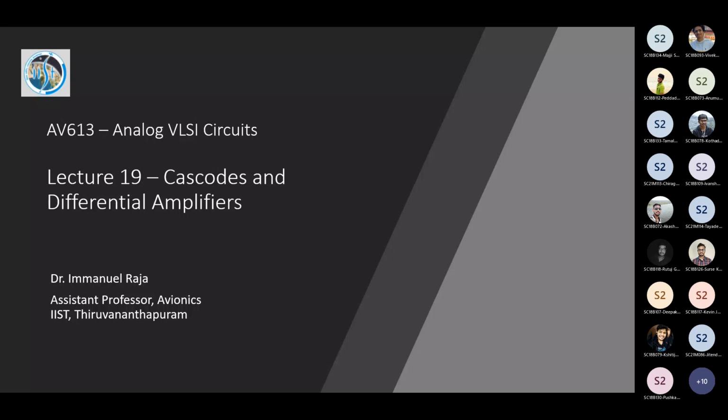Now in today's class, we will look at a couple of cascode architectures, and you will see that there is a lot of similarity in things that we have already seen. For example, a cascode amplifier will be quite similar. Some of the things will be similar to that of a cascode current mirror. For example, the output impedance and so on. And we'll also look at what is called a folded cascode, what happens in that one. And then we'll get started with differential amplifiers.